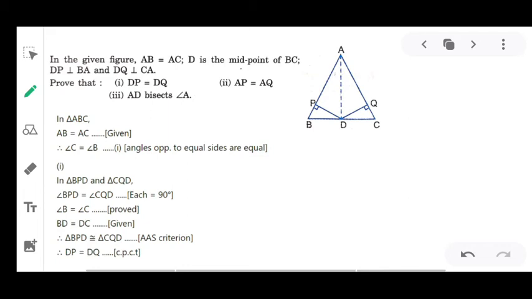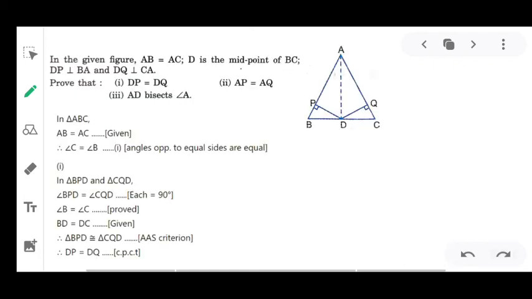Next question: in the given figure, AB equals AC, and D is the midpoint of BC. That means BD equals DC also, and DP is perpendicular to BA, and DQ is perpendicular to CA. Then prove that